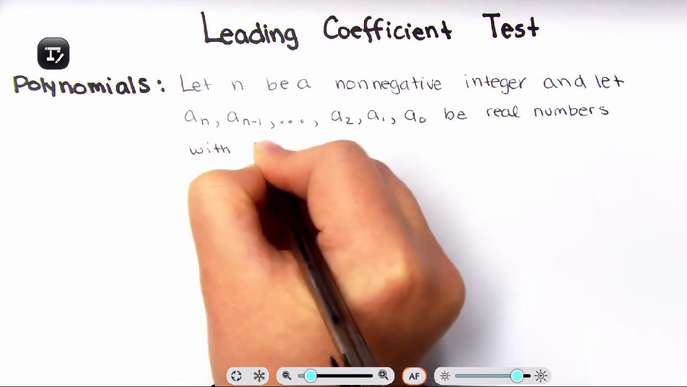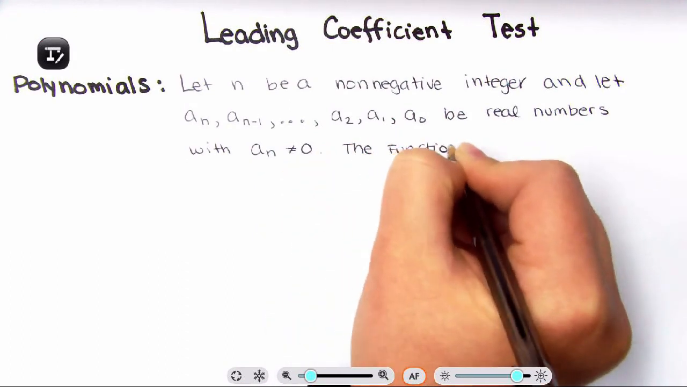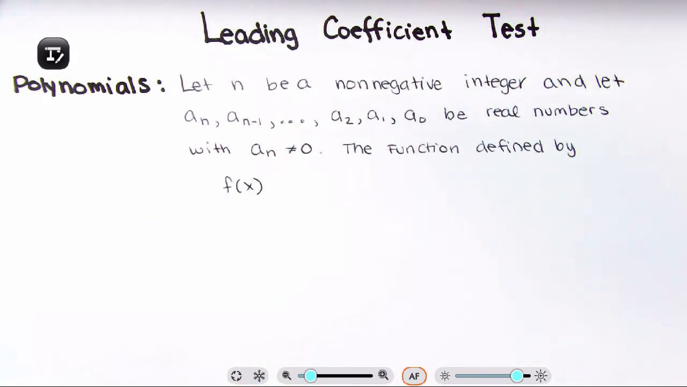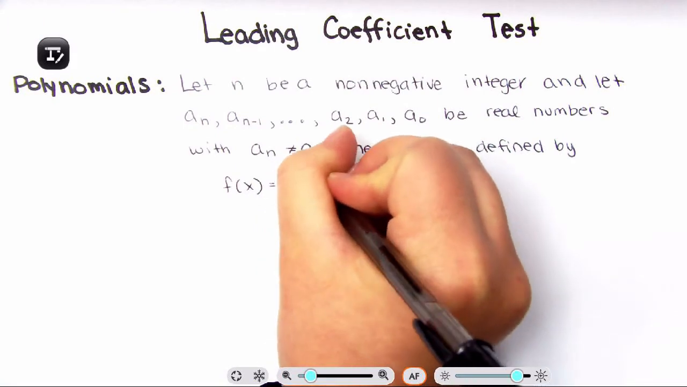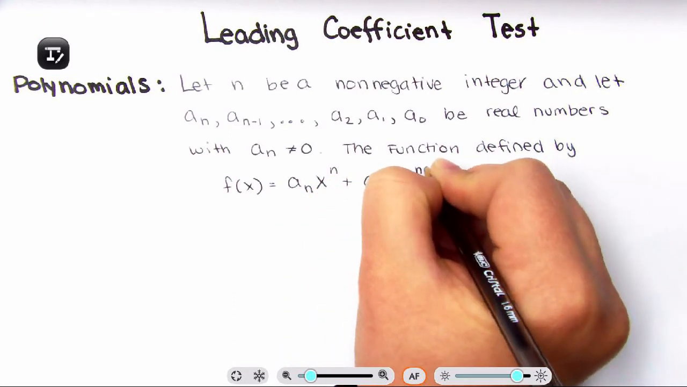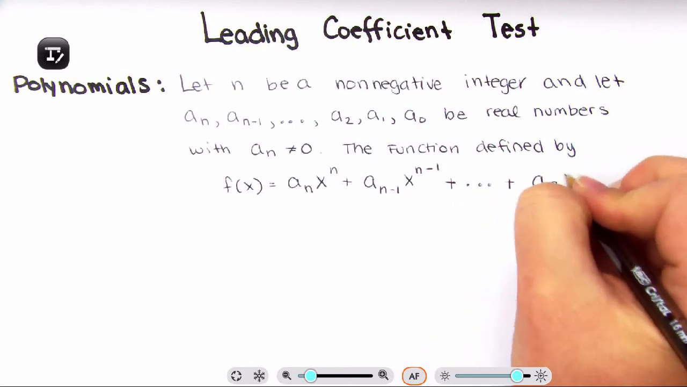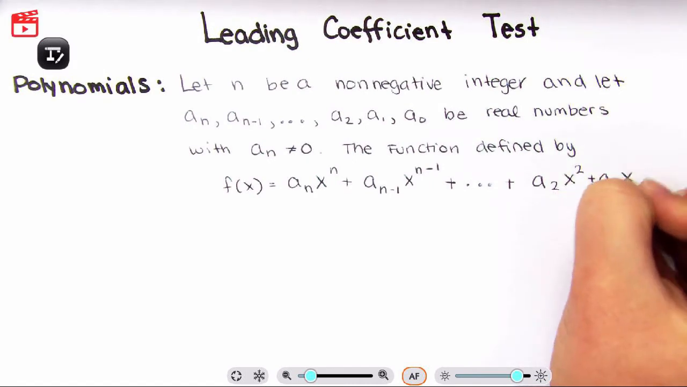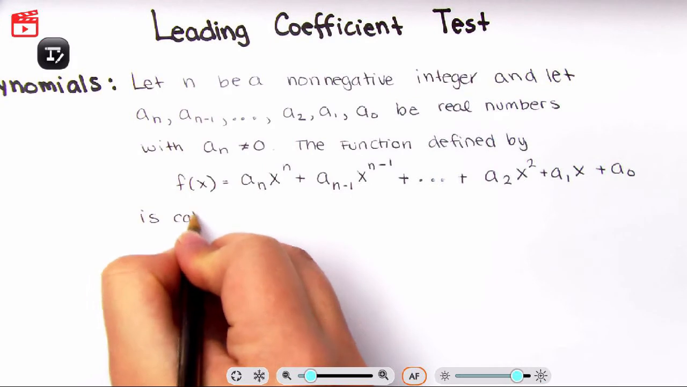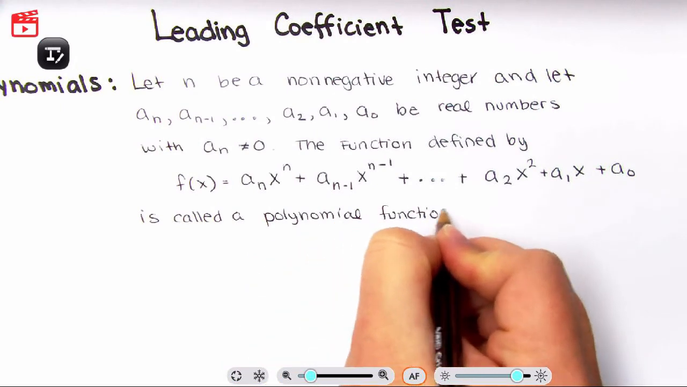with a sub n not being equal to 0, the function defined by f of x is equal to a sub n times x to the n power plus a sub n minus 1 times x to the n minus 1 power plus, dot, dot, dot, that means it's continuing. And then we have a sub 2 times x squared plus a sub 1 times x plus a sub naught. Okay. All of this is called a polynomial function of degree